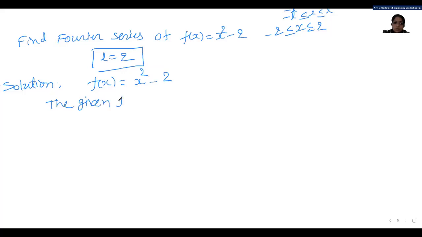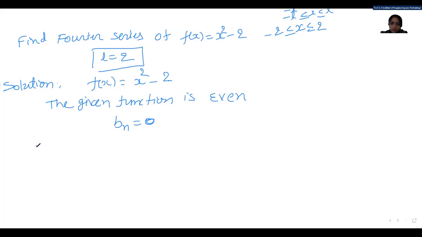The given function is even. And given function is even, it means what is our next step? Our next step, that is Bn equal to 0. Please remember, and it must, when you write your given function is even or odd, then the next step must, if your given function is even, you have to write Bn equal to 0. If your given function is odd, you have to write A0 equal to An equal to 0. It must, right? It means we have to find A0 and An only.